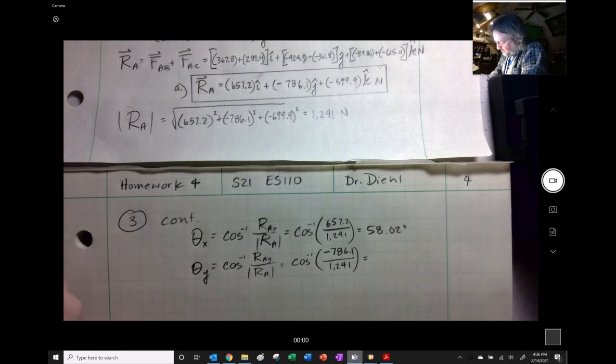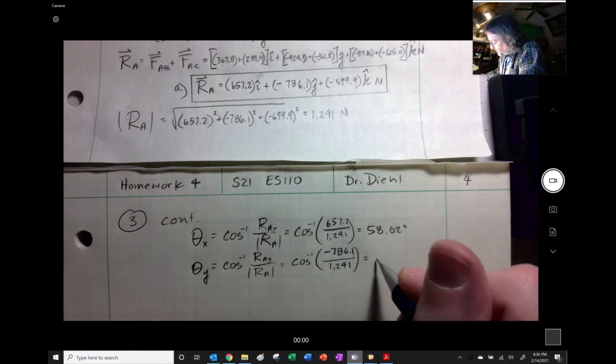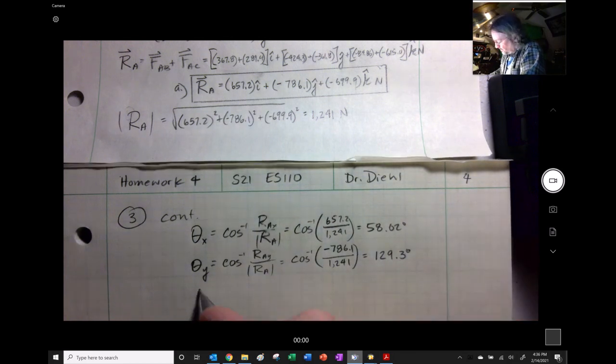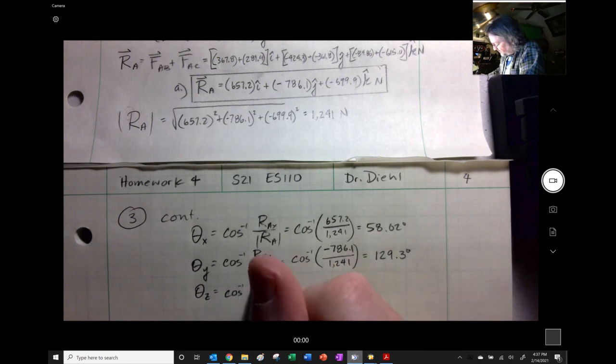So I go 786.1, make it negative, divided by 1,241, and so I get 129.3 degrees. And then my last one, theta z, the inverse cosine of R_A